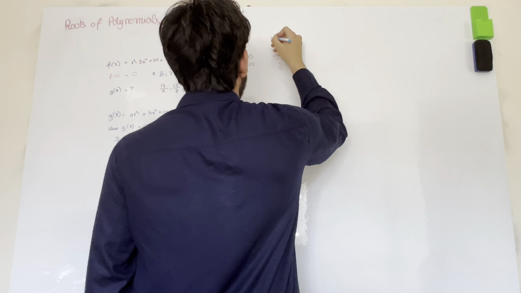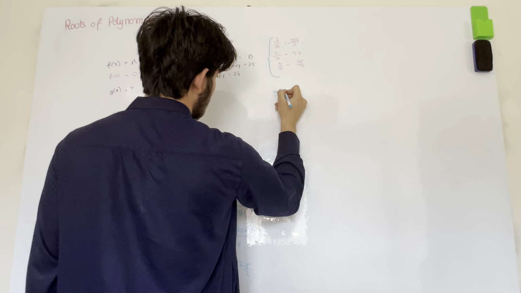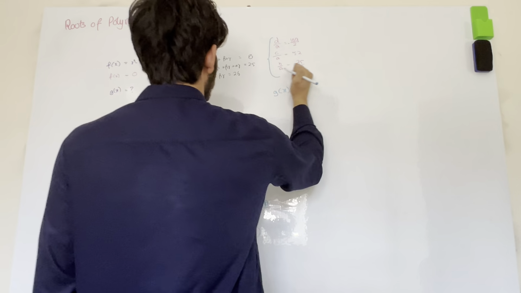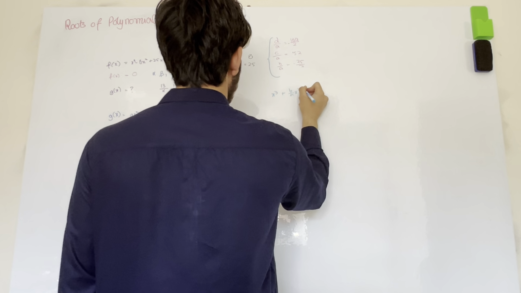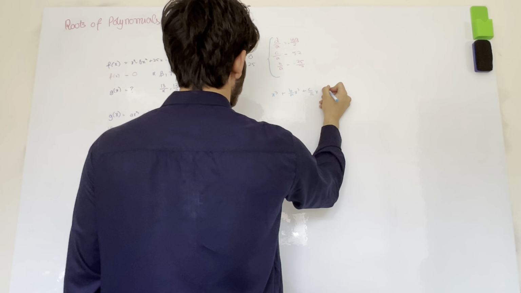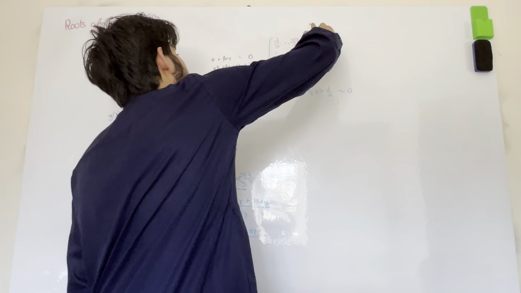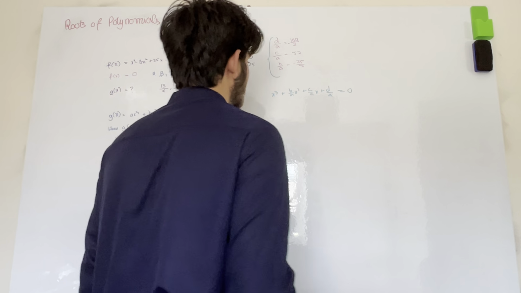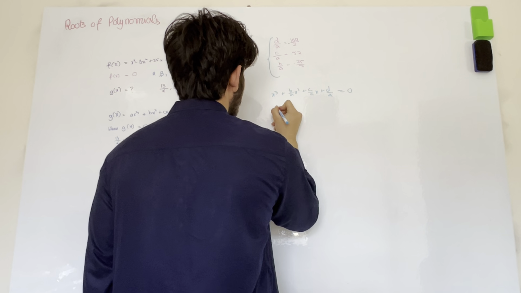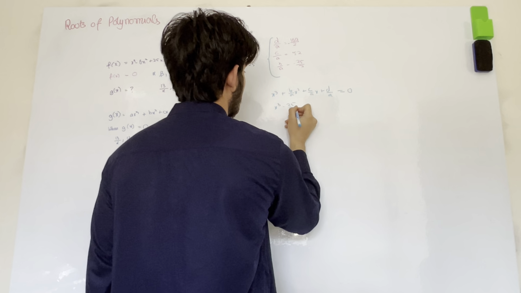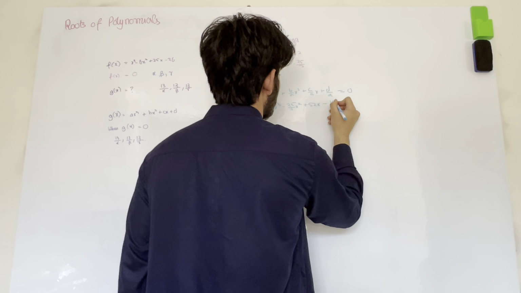Now, we have all the information that we need to answer the question. We have this sort of weird function g of x where we have x cubed plus b over a x squared plus c over a x plus d over a equals 0. And we're just going to substitute all of this into this and get the final answer. We're going to have x cubed minus 25 over 2 x squared plus 52x minus 169